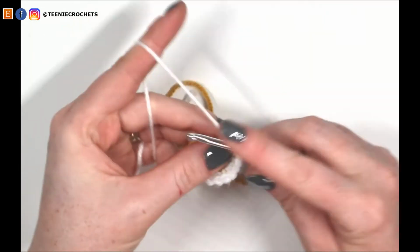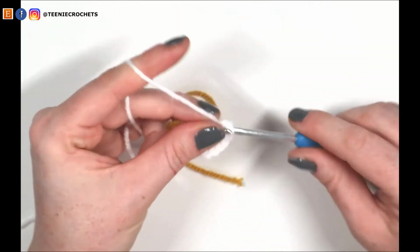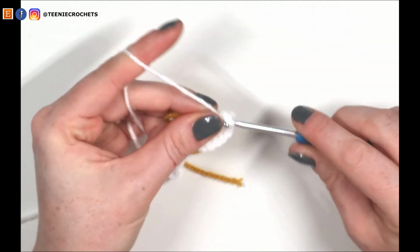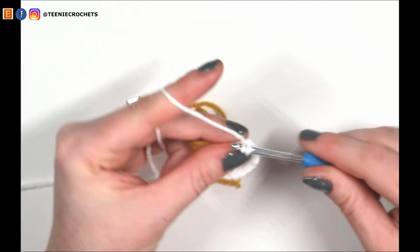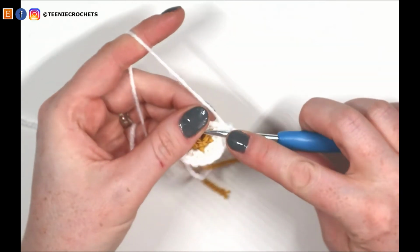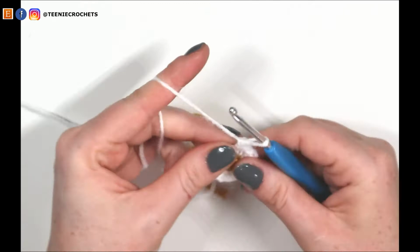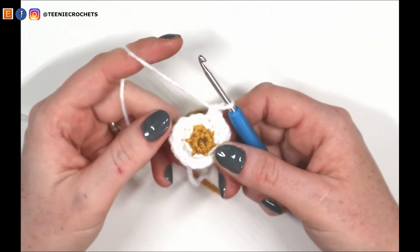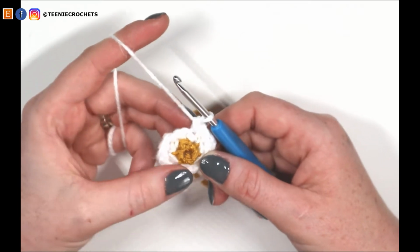Single crochet 7, increase in the next stitch for 8 and 9. Single crochet 10, increase in the next stitch for 11 and 12. Single crochet 13, increase in the next stitch for 14 and 15. Single crochet 16, and increase in the last stitch of this round for 17 and 18. So we now have 18 stitches, and for the next round we're going to single crochet around, but in the